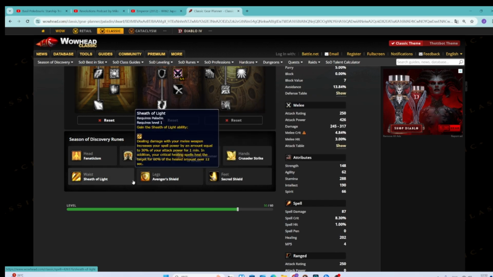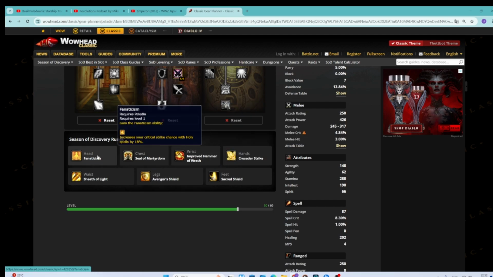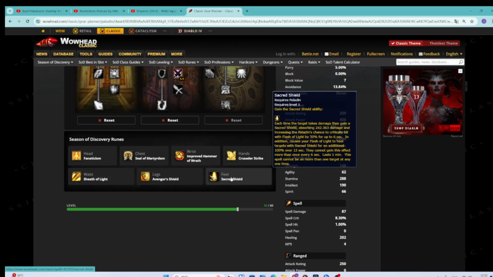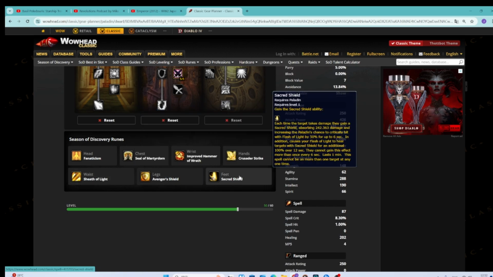Amazing synergy between these two runes. Amazing synergy between these two rune slots. Fanaticism is just there, helping the synergy here, right? She's going to improve your Hammer of Wrath critical strike chance, doing double damage, which causes more hammers to come out and do terrible, awful, no good things. She's also increasing the critical strike chance of your Flashes of Light, which is going to help Holy Lights as well, which is going to help Sheath of Light, which is going to help Sacred Shield do its damn job,